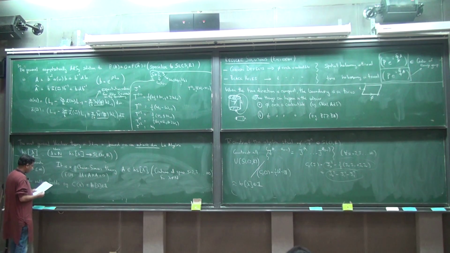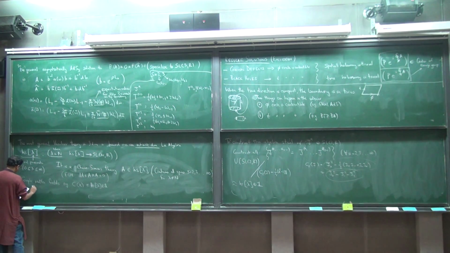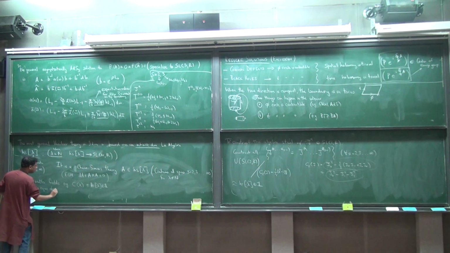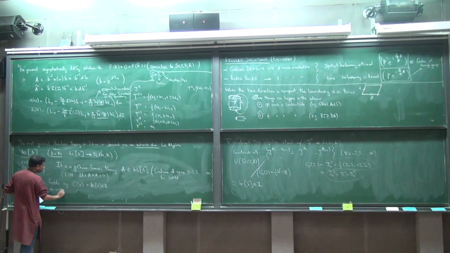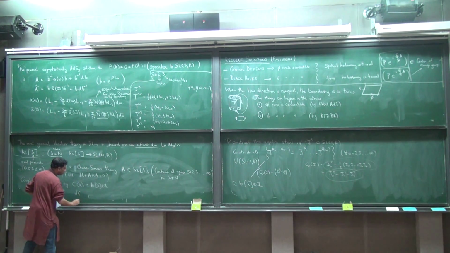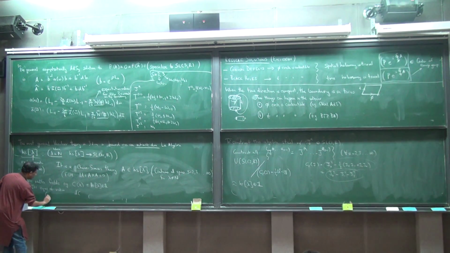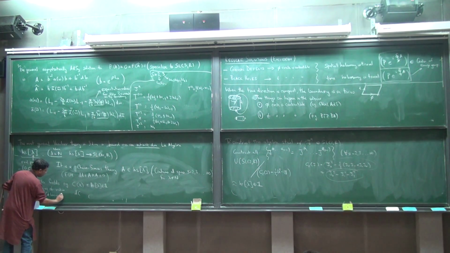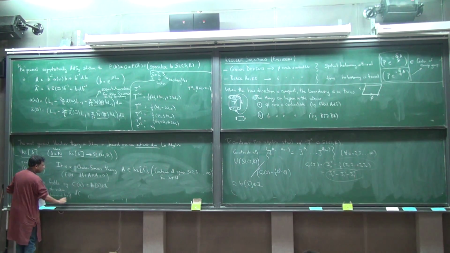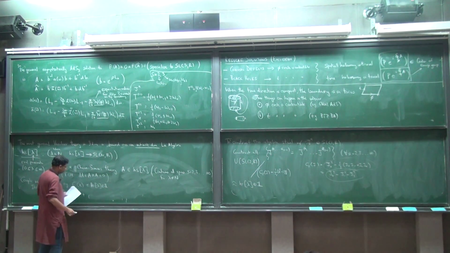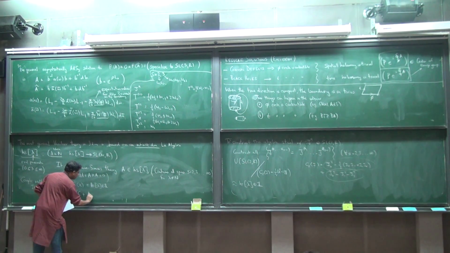And its equations of motion, to be consistent with the higher spin symmetry, at linearized level, the full nonlinear equations are more complicated, but at linearized level, it takes the following form: dC plus